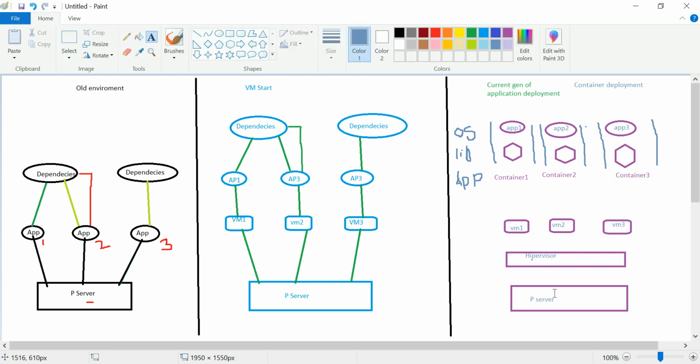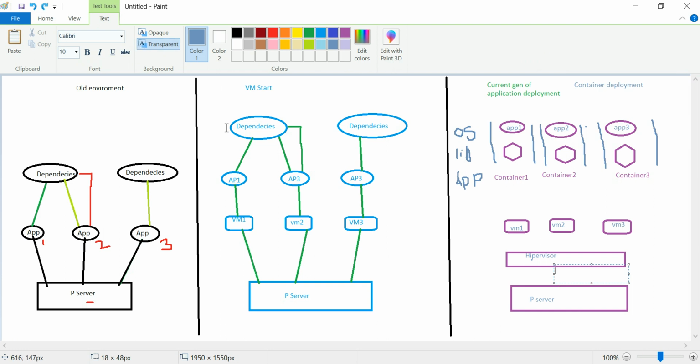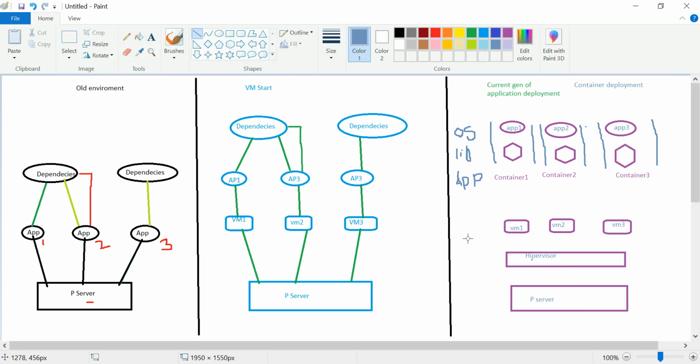On the physical server we installed this hypervisor VMware tool, so it is connected with this, and through this hypervisor they have created different VMs like this, and on different VMs multiple containers could be running.